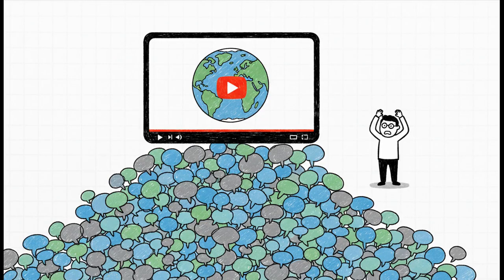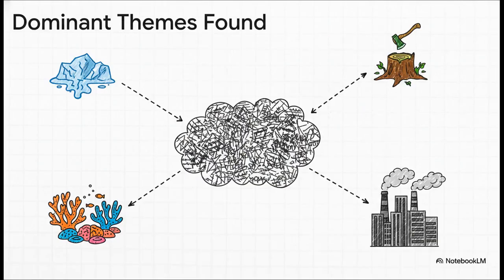Okay, let's make this real. Here's a perfect example. A group of data analysts in Ohio were looking at this super popular climate change documentary on YouTube. It had generated, get this, over 100,000 comments from all over the world. Reading that manually? No way. It would be literally impossible. So what did they do? They unleashed topic modeling on it.